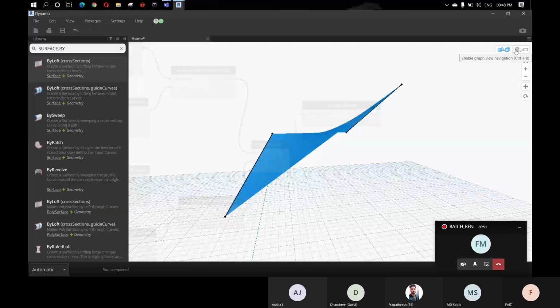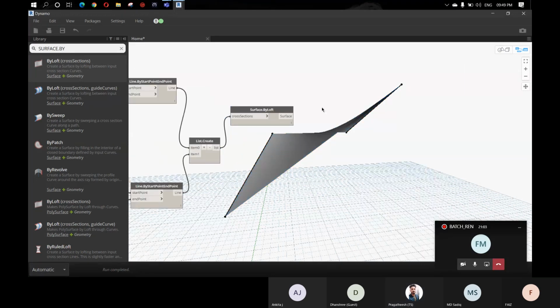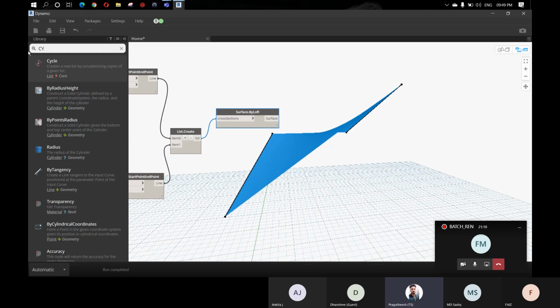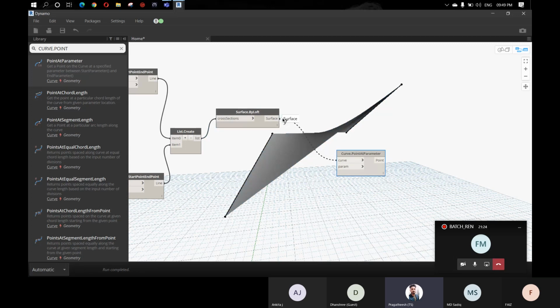So let's begin by analyzing the 2 line objects. First I'm going to use curve dot point at parameter. It gets a point on a curve at a specific parameter between the start parameter and the end parameter. And this is my curve. Actually, this is not the curve, this is the solid, sorry, the surface. So we have to give the curve as an input.